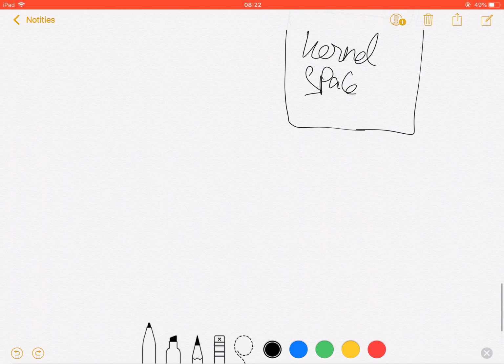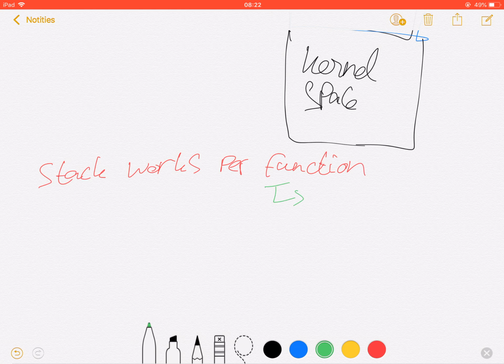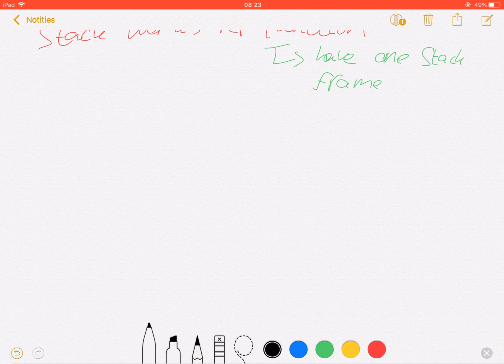Well, the thing is, a stack works per function. Every function sets up its own stack frame. So let me show you what I mean by this. In the stack frame, you have,